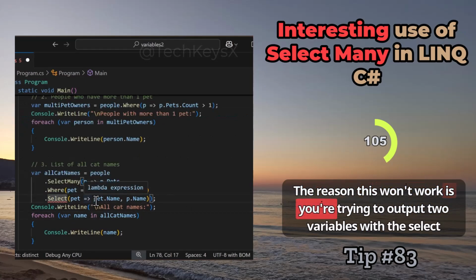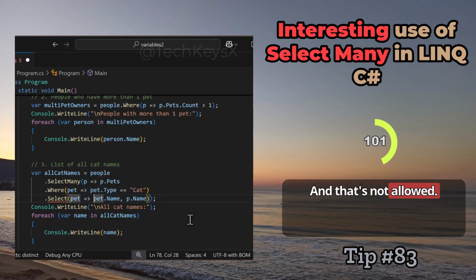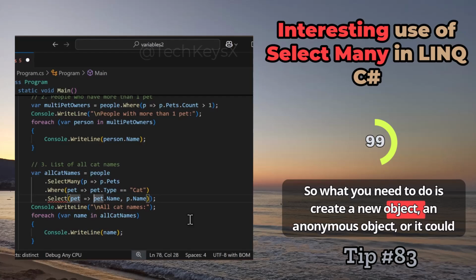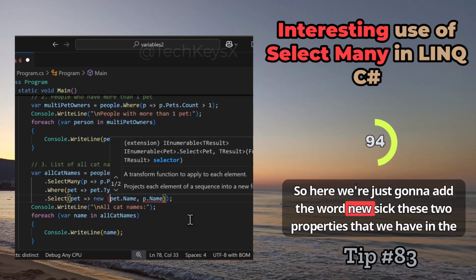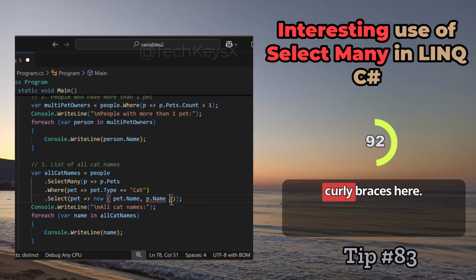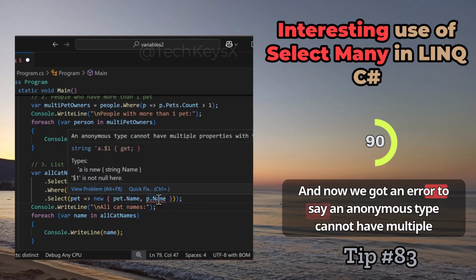The reason this won't work is you try to output two variables with the select operator, and that's not allowed. So what you need to do is create a new object, an anonymous object, or it could be a named object. So here we're just going to add the word new, stick these two properties that we have in the curly braces here. And now we got an error to say an anonymous type cannot have multiple properties